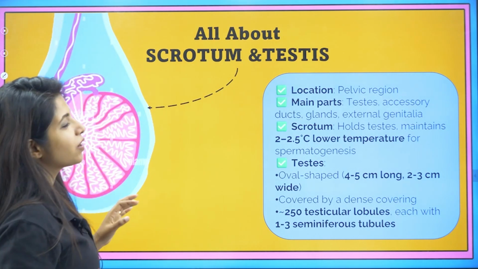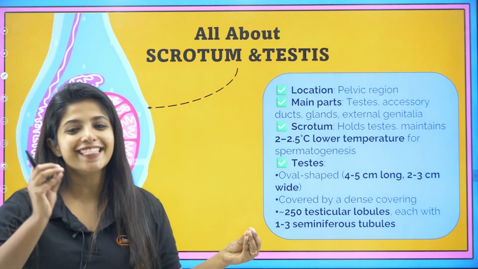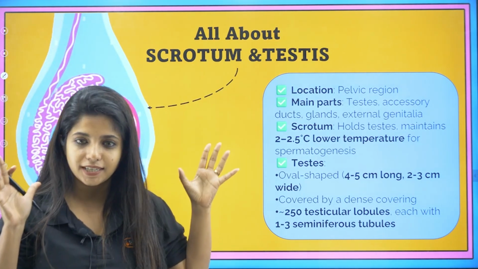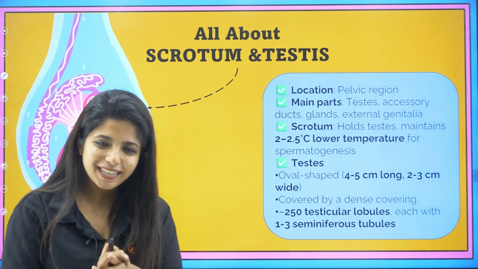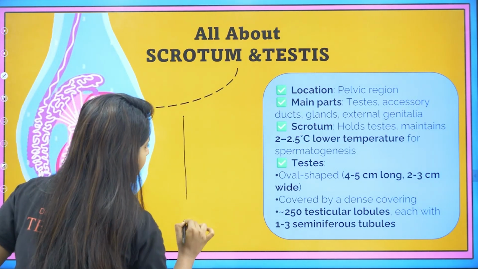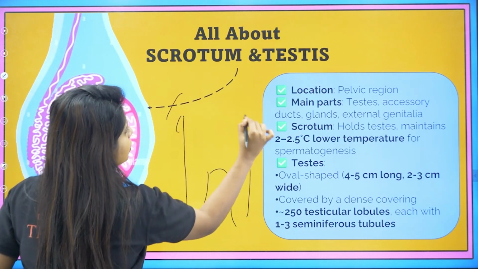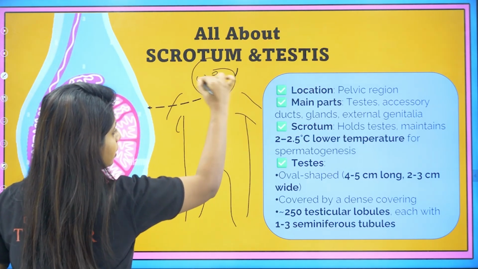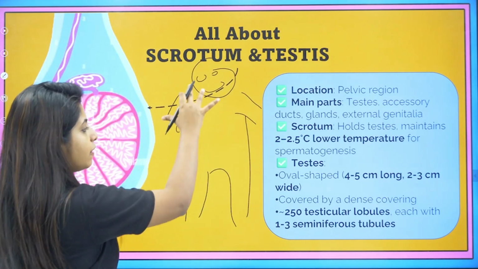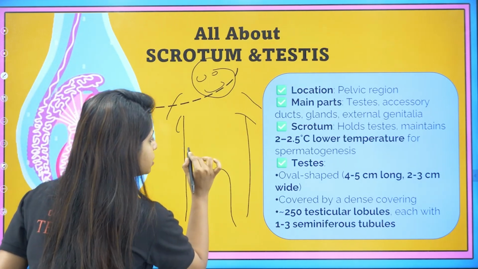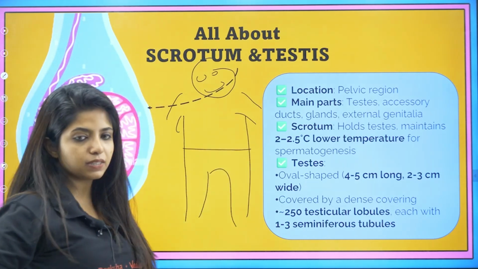So over here, we are going to talk about the scrotum and the testis. Both of them are best friends. I'll tell you why. So basically, I have to make a guy over here. This guy's name is Pappu. Pappu, my dear children, is my dearest friend. And over here, Pappu has different regions in his body. This region which is there, which is basically